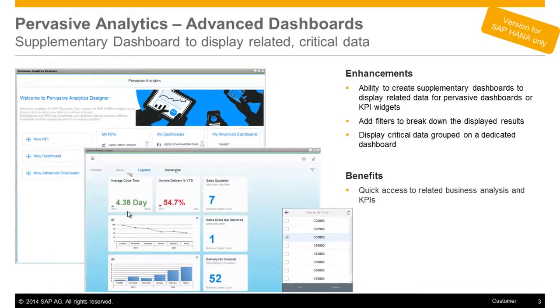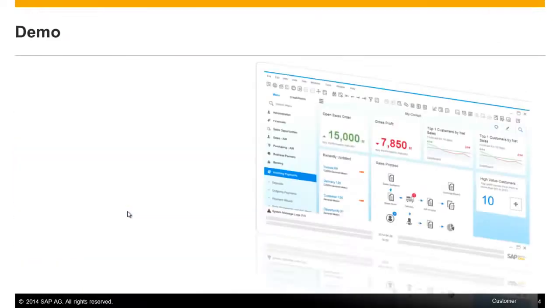So this means that if I click in my cockpit with the right mouse click on a dashboard, and in there on a specified customer, then an advanced dashboard can be opened. Then this specific customer will be passed through the filter of the advanced dashboard, so that this advanced dashboard will only show the dashboards in relation to that specific customer. And that's what I want to show you in the demo.